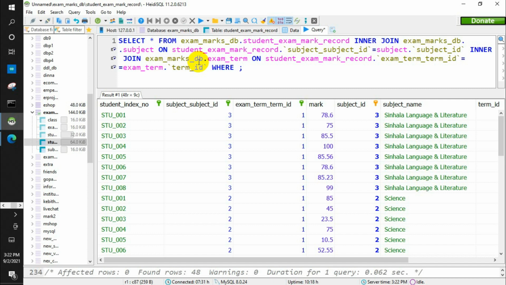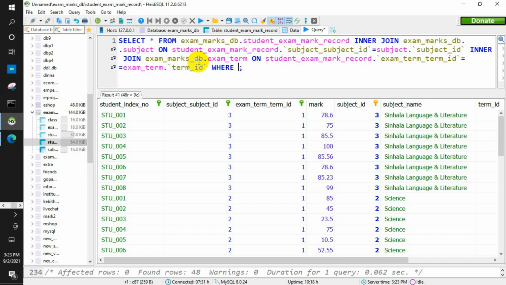So you use the where keyword to specify the values that you want. We usually use this where keyword to specify which column, which row we need the values.